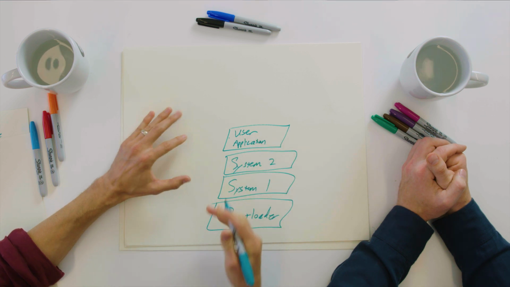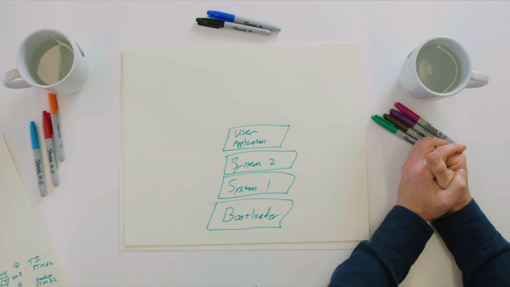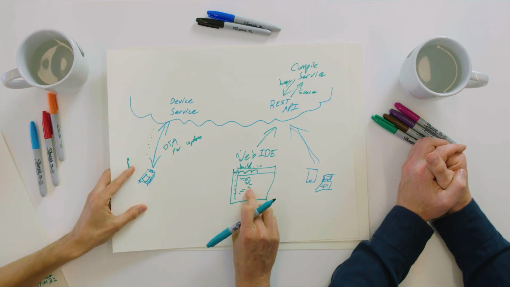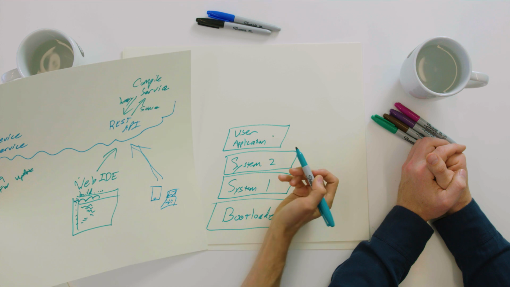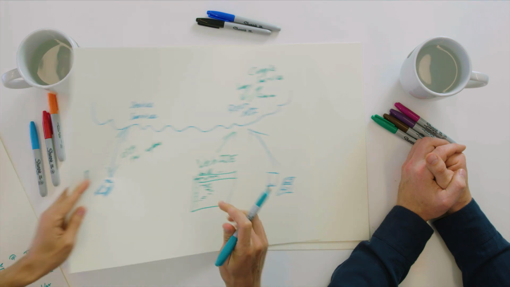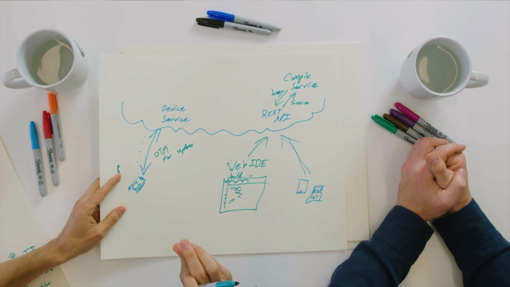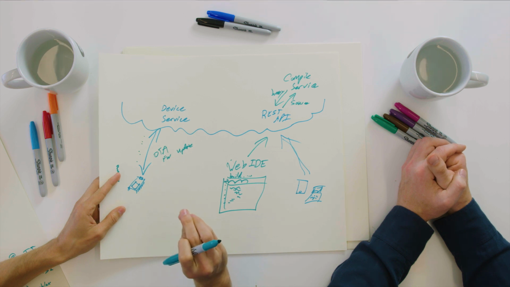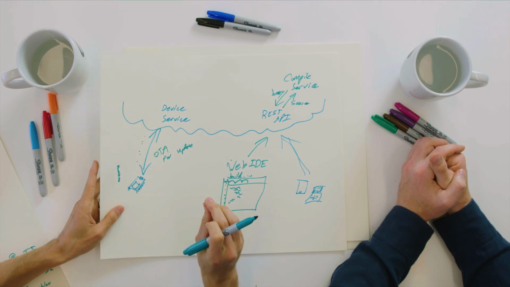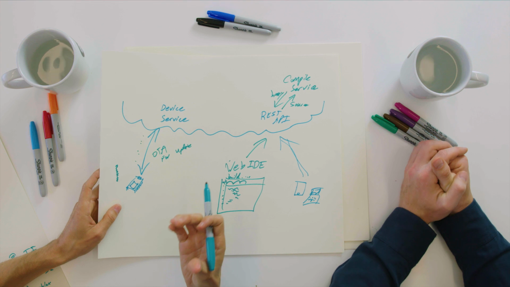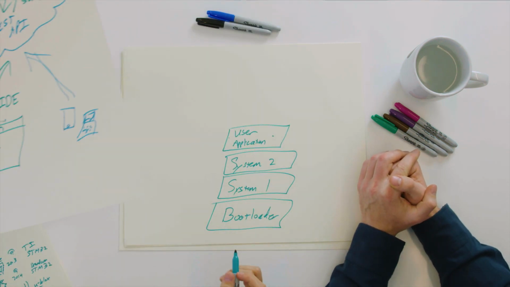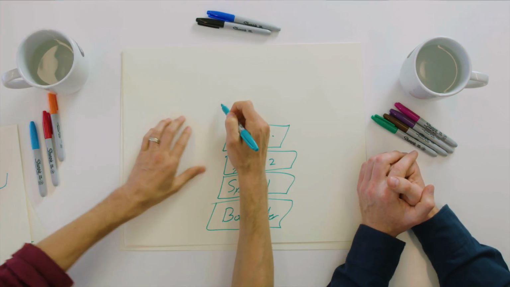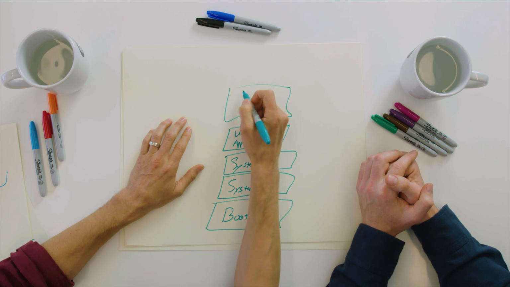So the code that you end up writing as a user of Particle in the Web IDE is only this user application. Okay. So this compiles down to a very small binary. I see. Which is great. There is part of the flash memory reserved just for this application. And so we send it down, say there's a gap up here for